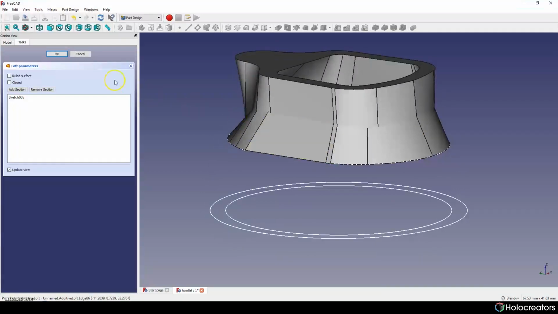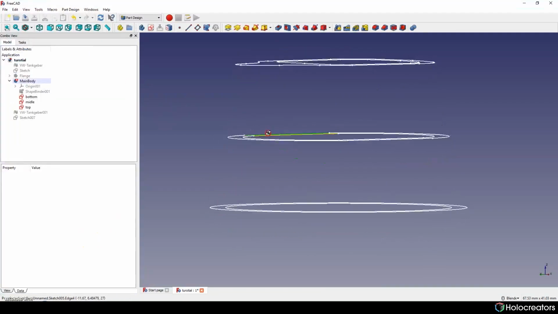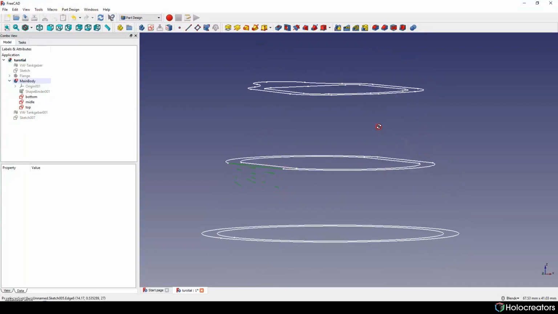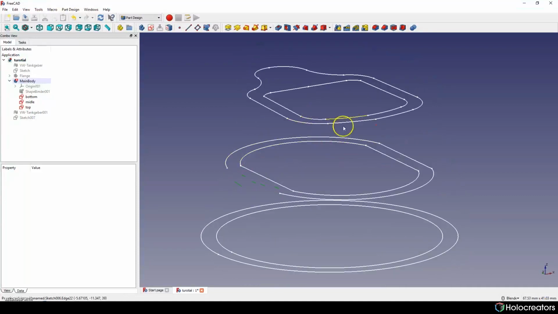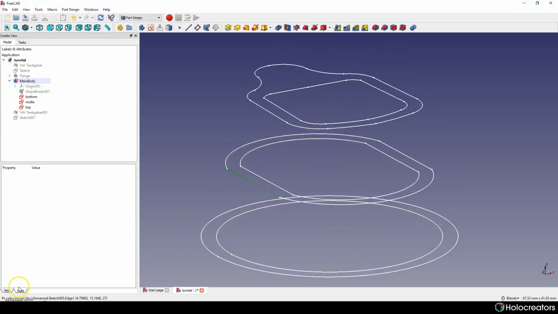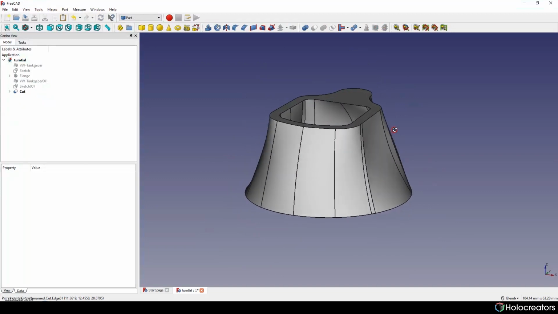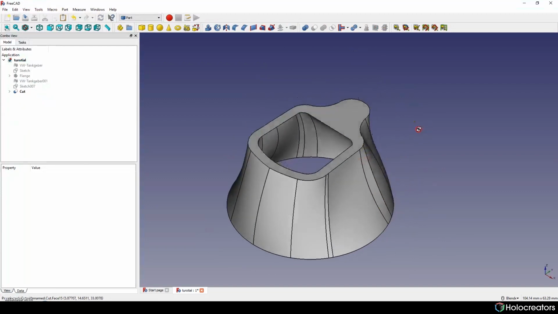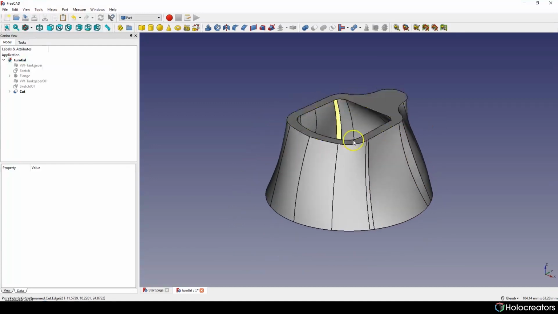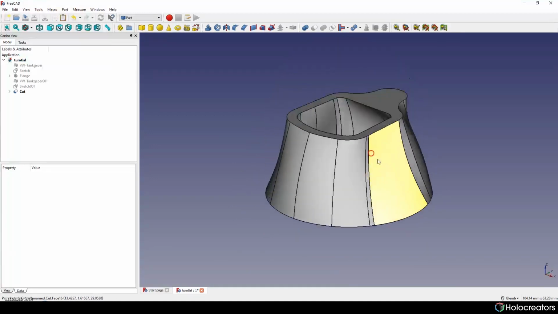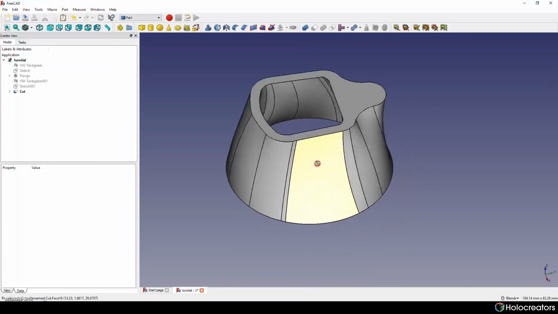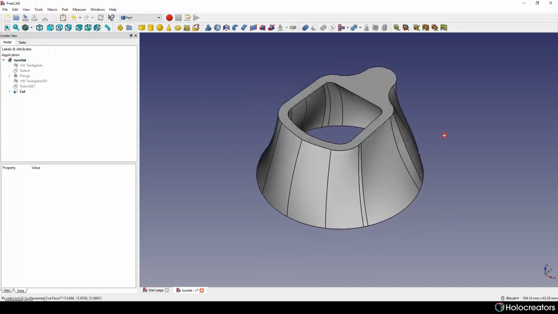I think the reason for this is because we have the wrong position in space for one of the sketches. I will fix it and we'll come back soon. So since we had some kind of bug, I did it in another way, and I will right now show you how we came up to this result.